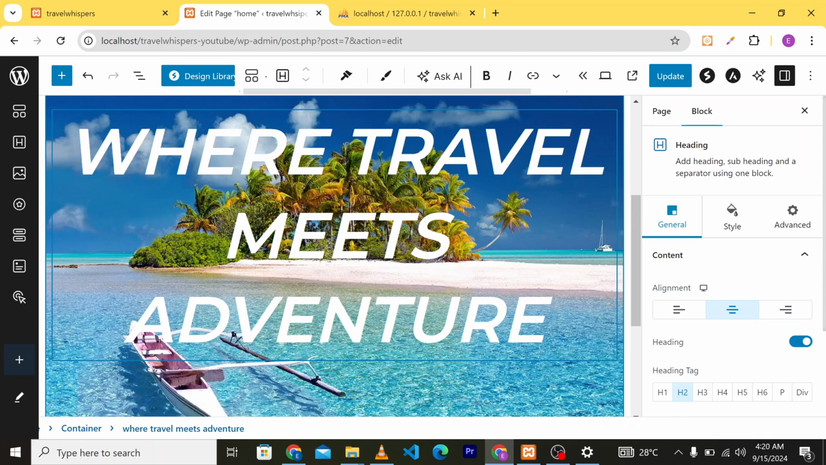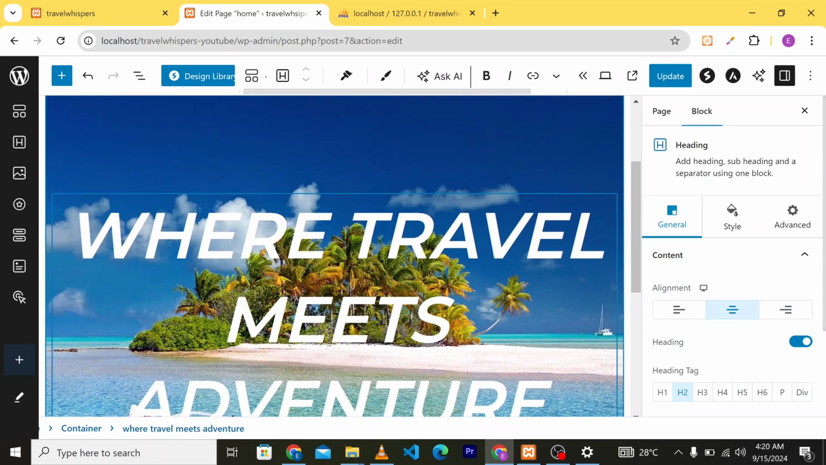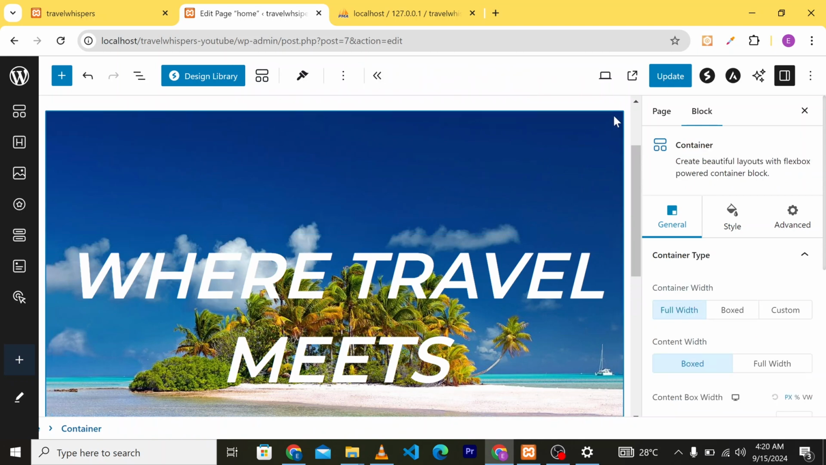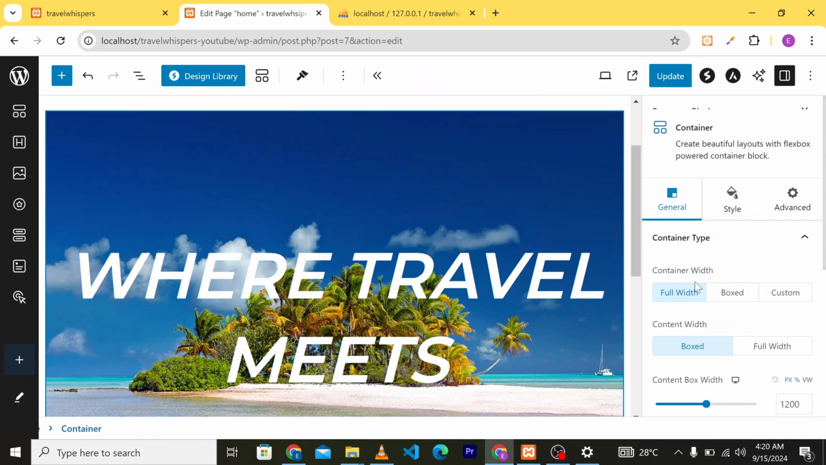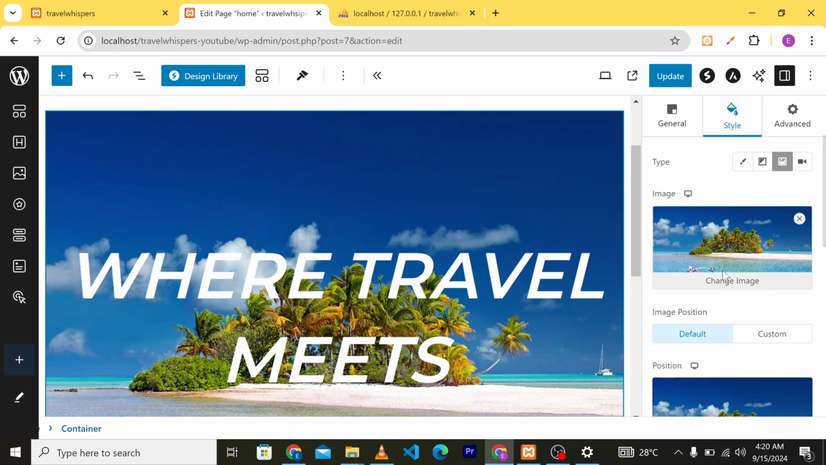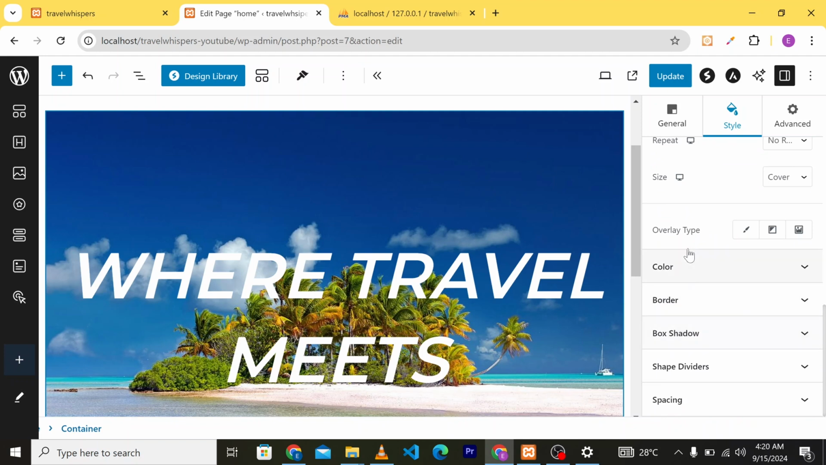But as you can see, the text, the write-up is kind of not all that visible. So let's go ahead and add an overlay in the background image. So to do that, click on the main container and go ahead and select style. And right here where you see the background, you actually have an option to add in an overlay, and you